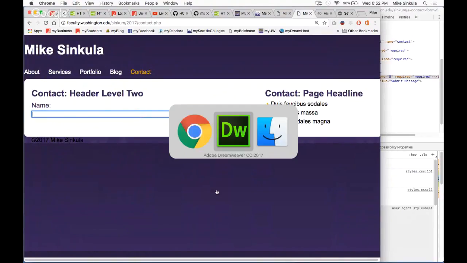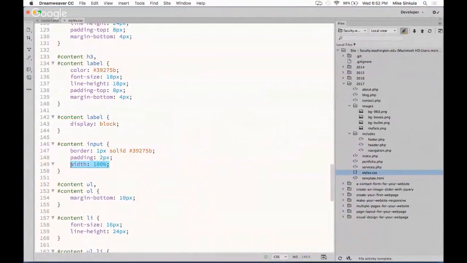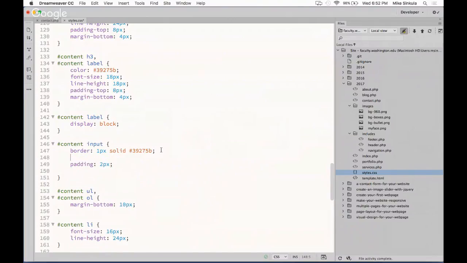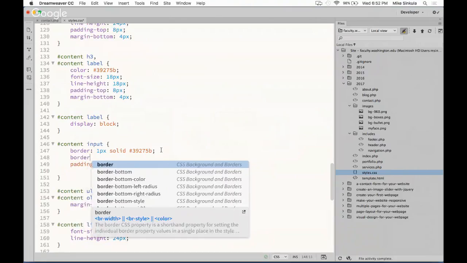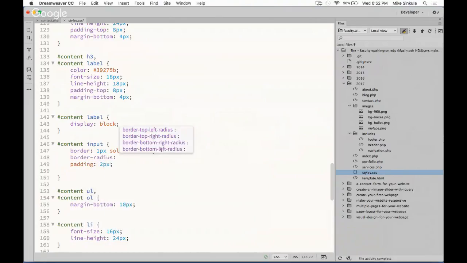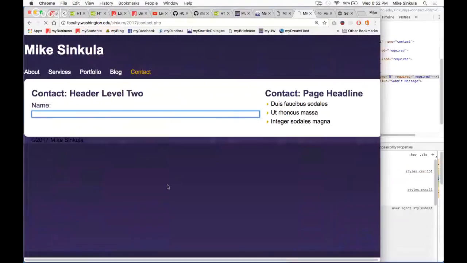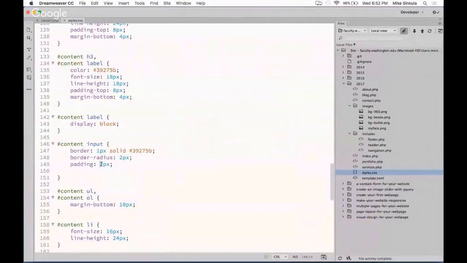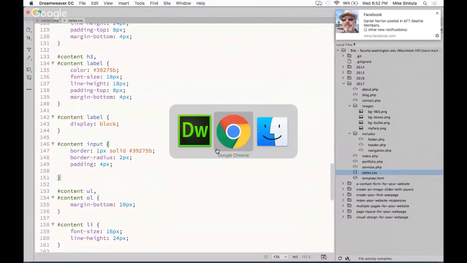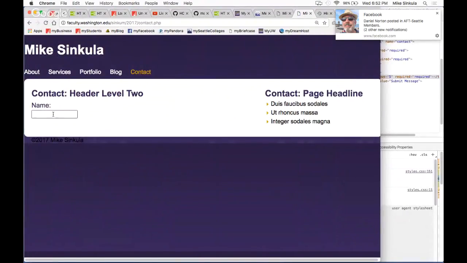Let's not do width 100% right now, but we could also do this. Padding, border, border radius, pixels. So now we have, let's do a little more padding than that. Padding, 4 pixels. There we go. So now, right, we could also give the input boxes their own